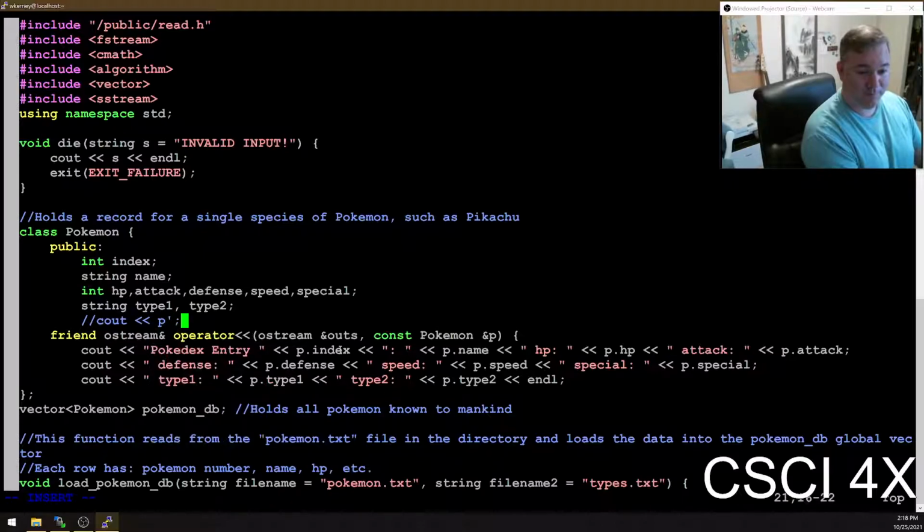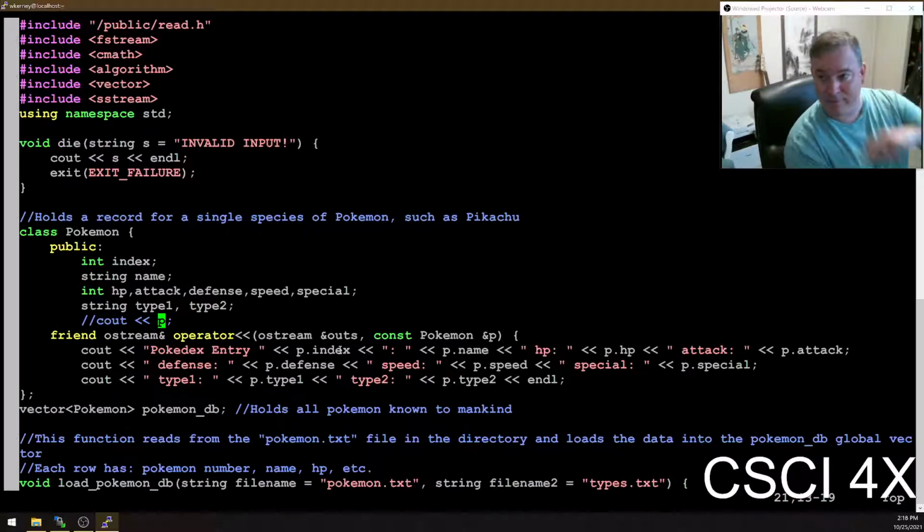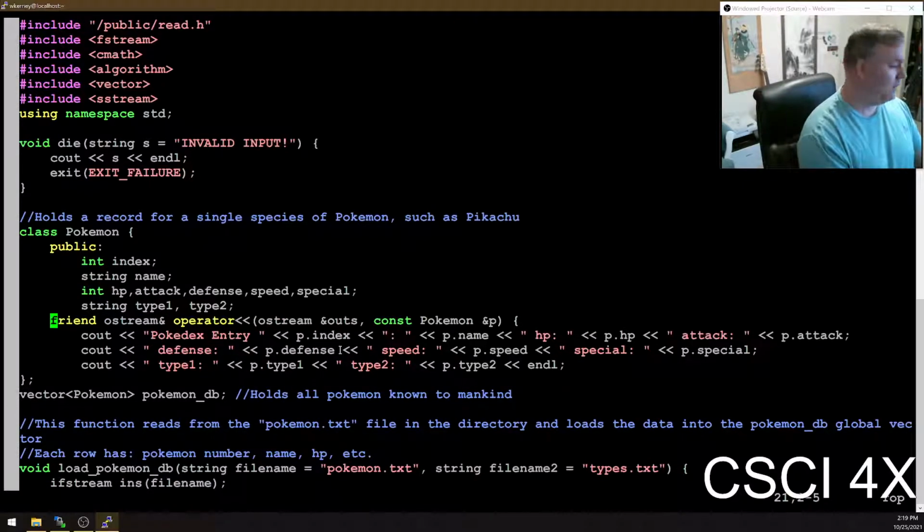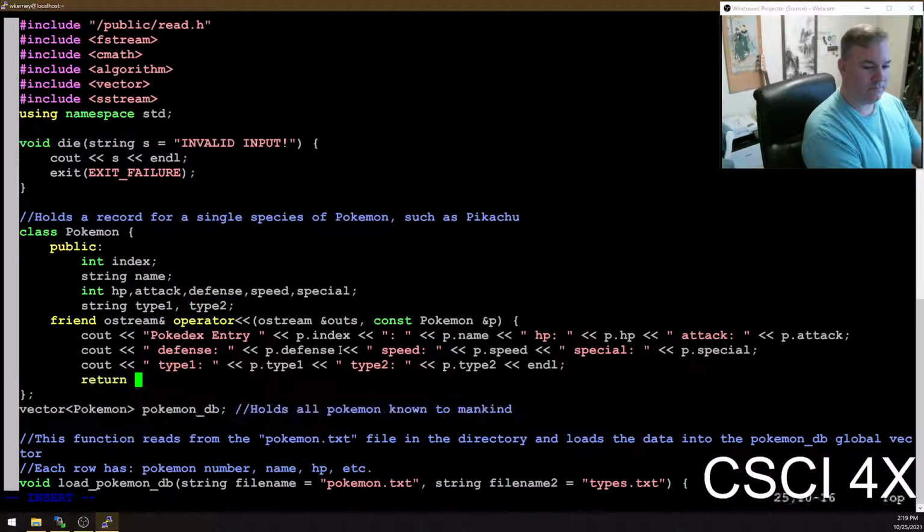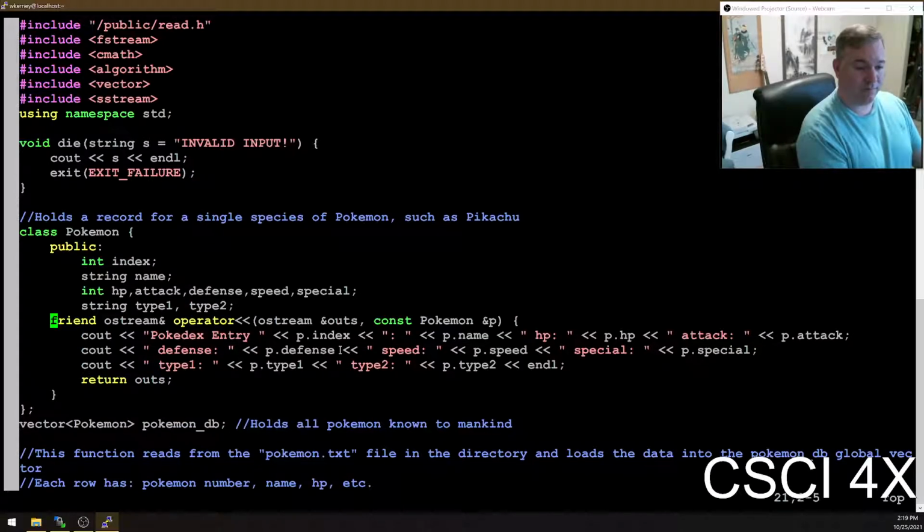Like if you say cout P, this is the operator, double left arrow. The left hand side of the operator is cout, which is of type O stream, and P is of type Pokemon. It's on the right side. So this is kind of mind-shattering looking. It'd be nice if they called it like print or something. I don't know, but